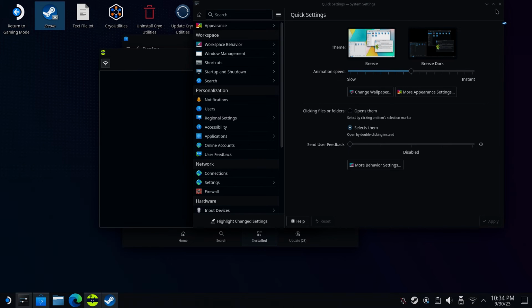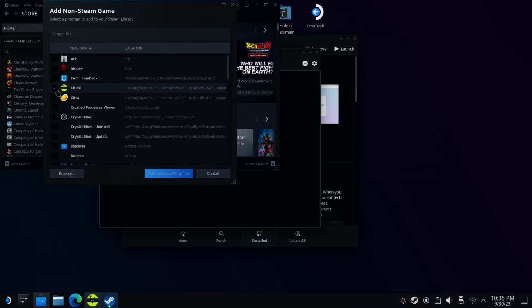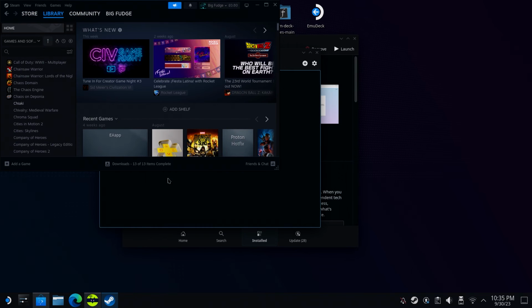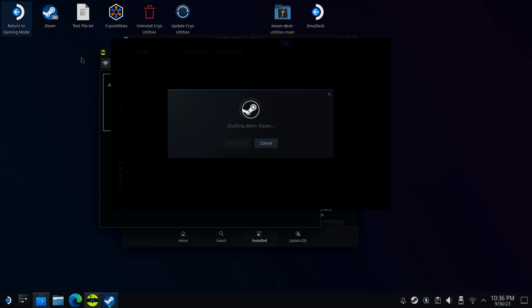Now we need to add it to Steam. So still in desktop mode, open up Steam and click on Add New Game. Add a non-Steam game and select Chiaki and click Add. Then click on Return to Gaming Mode. Once Gaming Mode opens up,